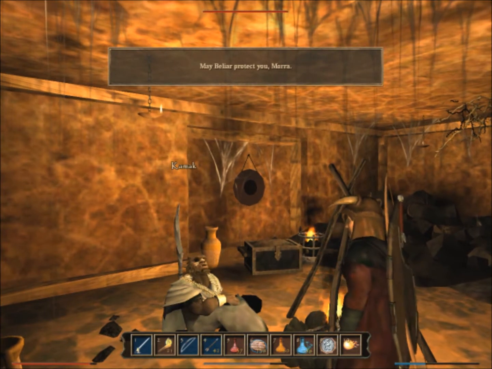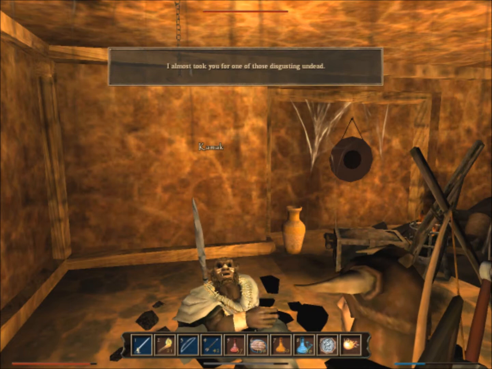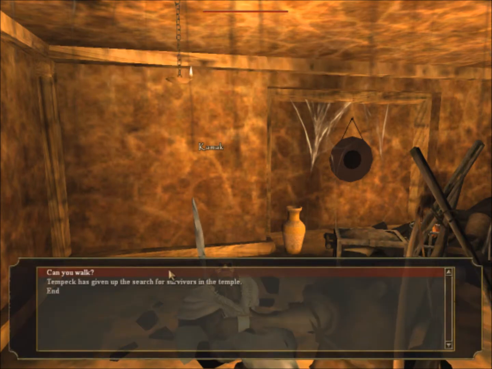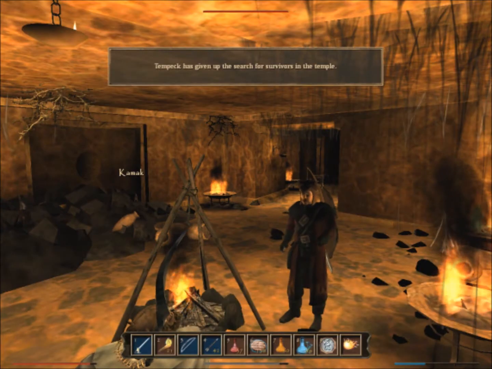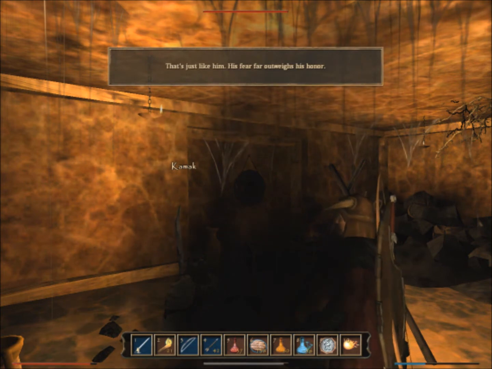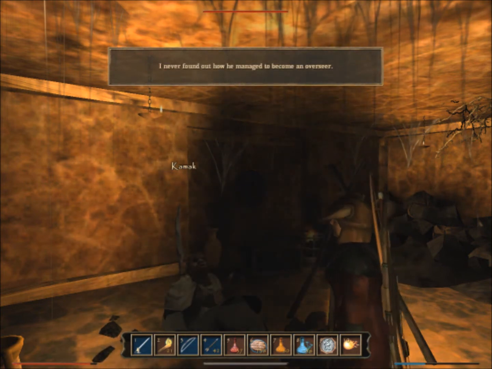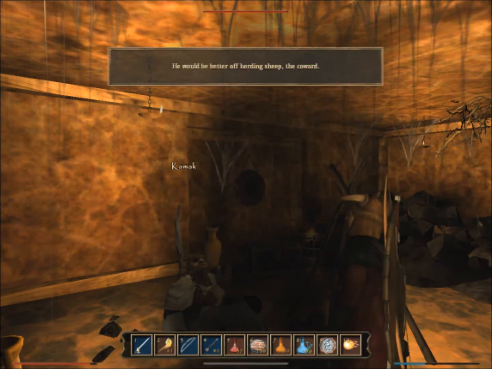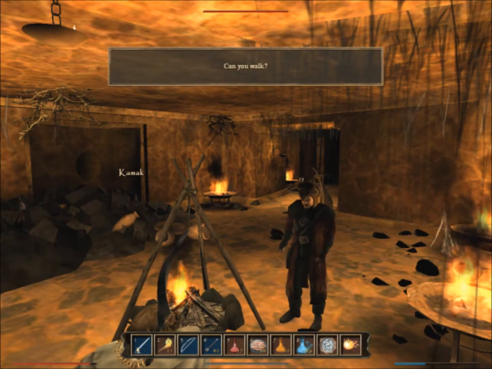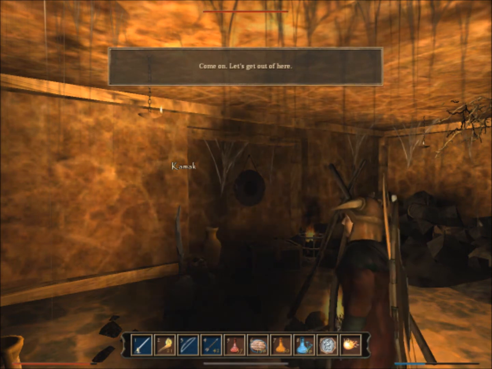May Beliar protect you, Mora. I almost took you for one of those disgusting undead. I thought I would be left to rot here forever. Tempek has given up the search for survivors in the temple. That's just like him. His fear far outweighs his honor. I never found out how he managed to become an overseer. He would be better off herding sheep, the coward. Can you walk? You're about to see if I can. Come on, let's get...